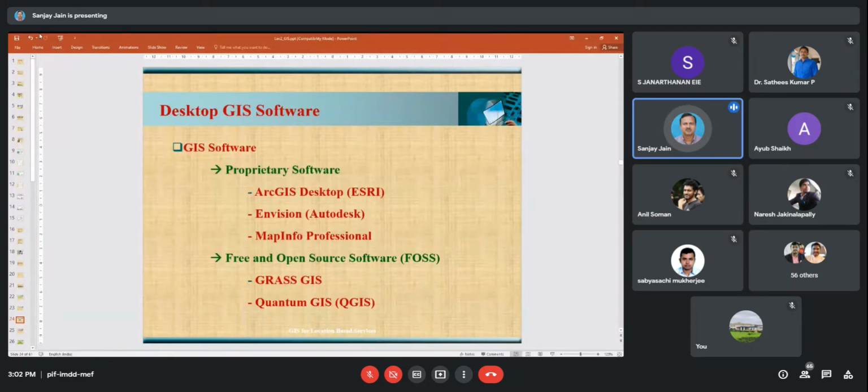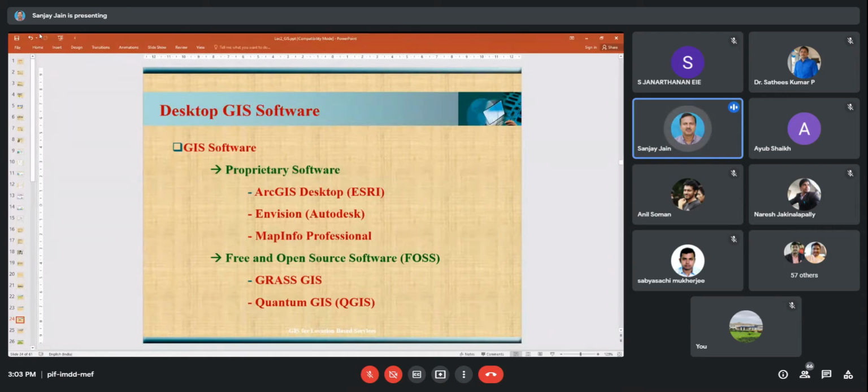ArcGIS is not free software; it is proprietary software of ESRI, and it is a little bit expensive compared to other software like MapInfo. You may ask, since QGIS is freely available, why should I go for ArcGIS? It is not that way, because freely available software have certain limitations of capabilities. ArcGIS is the most versatile software nowadays in the field of GIS. So if you are spending money on it, it means we are getting a better GIS.